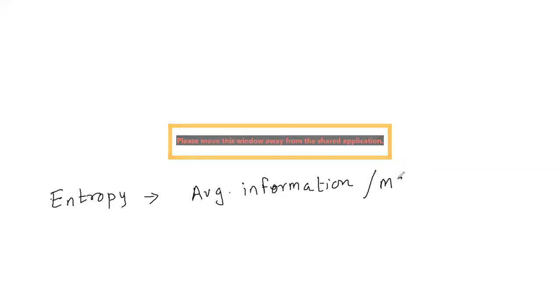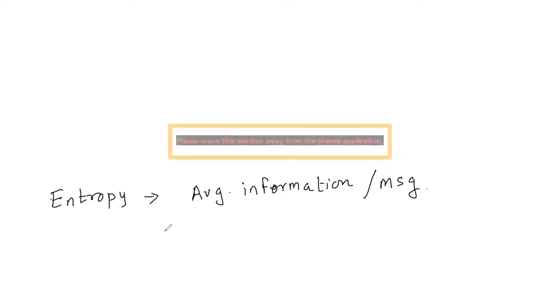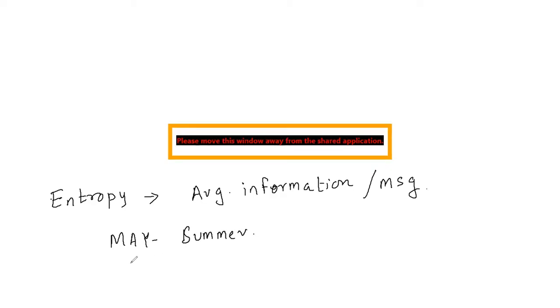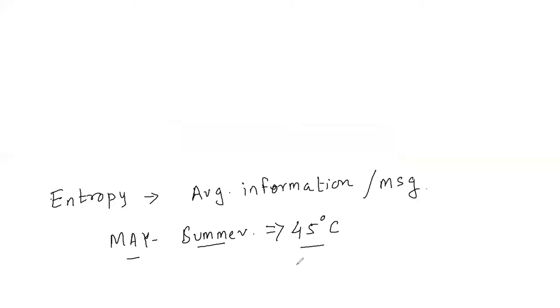Average information per message. Now the best example with which the entropy can be explained, we see basically, suppose this is the month of May, right? And usually what we expect, the month of May is full of heat, right? The month of May is summer, no? Okay. So if someone is saying that there will be a lot of heat or the temperature will be 45 degrees in the month of May, everybody will agree, as we are quite aware. We have seen many months of May, and we know that in May there is summer, and temperature usually goes as high as 45 degrees.